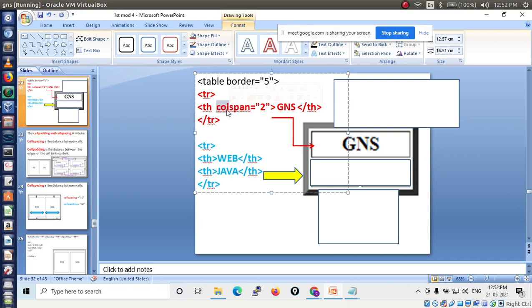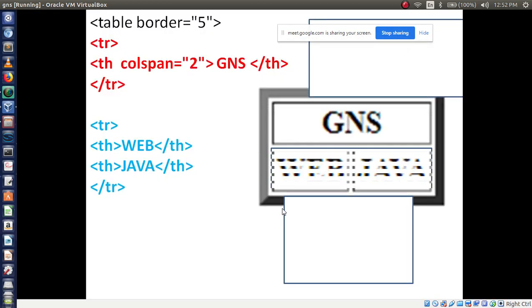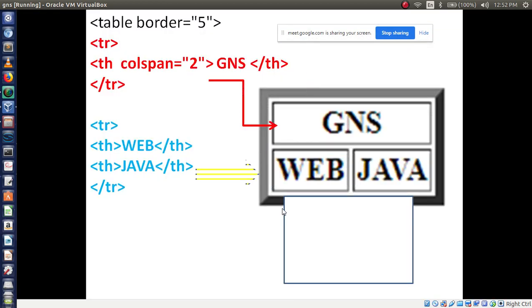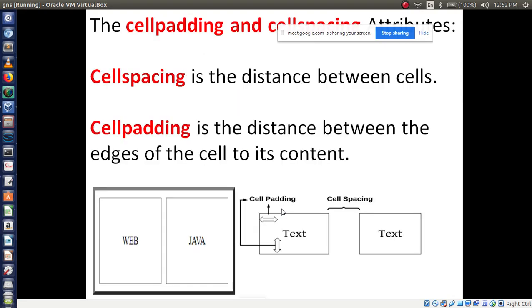So what can we call this? An attribute, because we are writing this under the th tag. Whatever style information we write, we can call it an attribute. Attributes are always written inside the tag. So th is our tag, and in this tag we are writing it, right? So this is the information about the table tag.